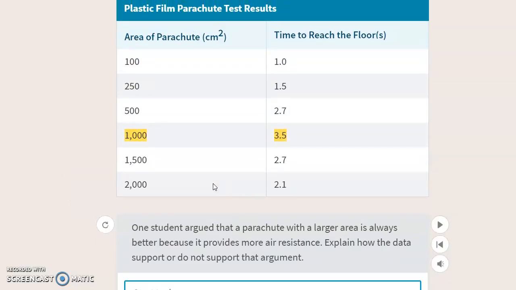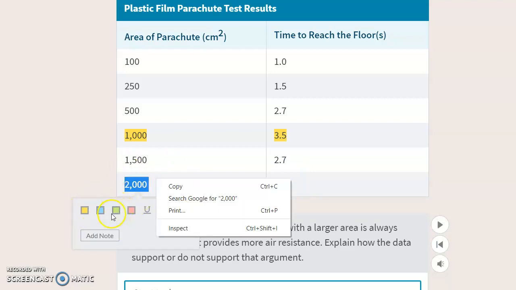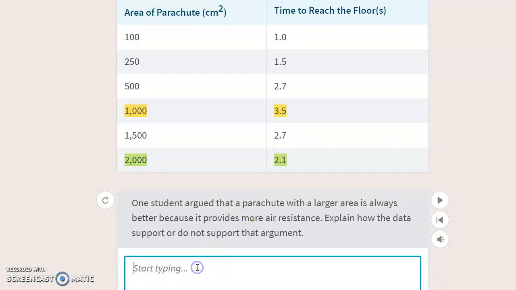So one student argued that a parachute with a larger area is always better because it has more air resistance. So he's saying this is the one you should choose because it has the biggest area. But as you could see, even though it has the biggest area, it doesn't take the longest time to reach the floor. So I do not support that argument